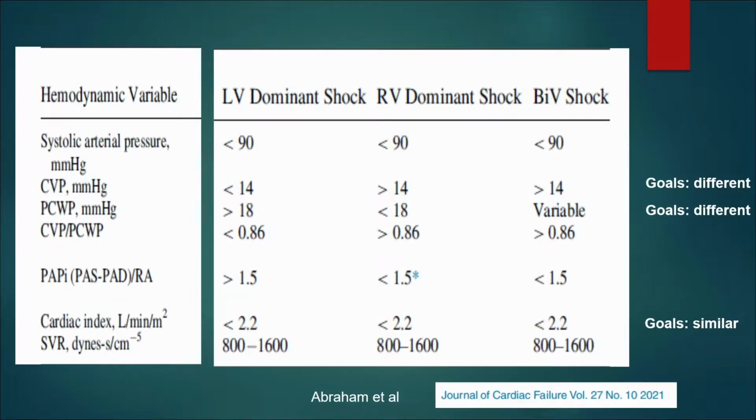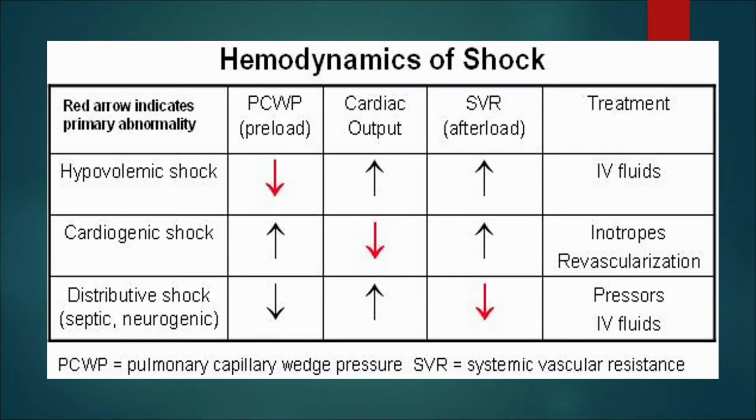But hemodynamically, septic shock and cardiogenic shock are completely different. Yes, they both share the same feature, organ and tissue hypoperfusion. That's why it is all shock. But otherwise, cardiac output is increased in septic shock and decreased in cardiogenic shock. Wedge is normal in septic shock, increased in cardiogenic shock, and so on. So hemodynamically, they are completely different entities. So we should not just copy and paste the hemodynamic goals of septic shock into the cardiogenic shock setting.